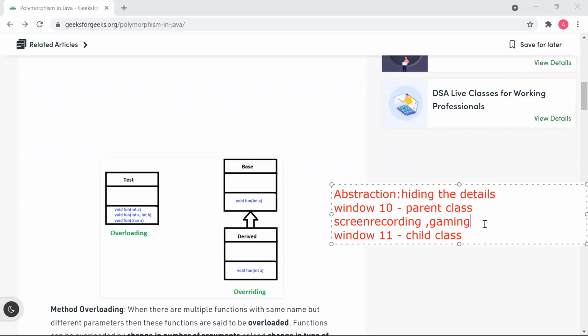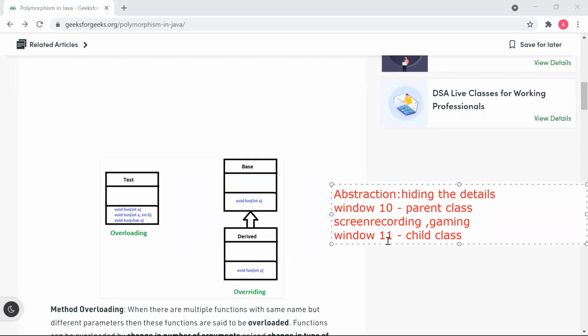So what you did, you declared the function or method of screen recording and gaming in Window 10, but you have not provided a body to it. You have not implemented it. You have just added it in Window 10, so that when Window 11 is implemented, you will remember that you added this function in Window 10 and will implement it here.